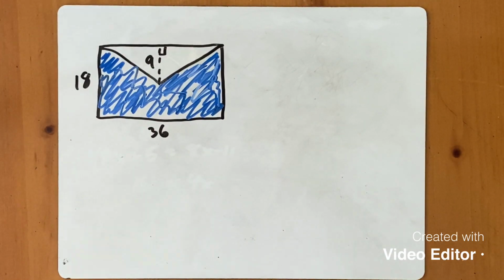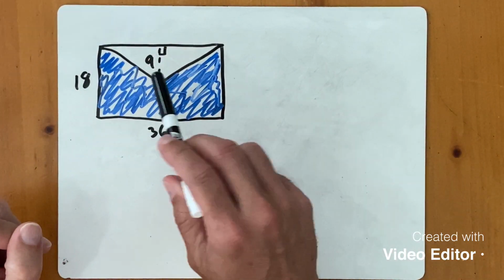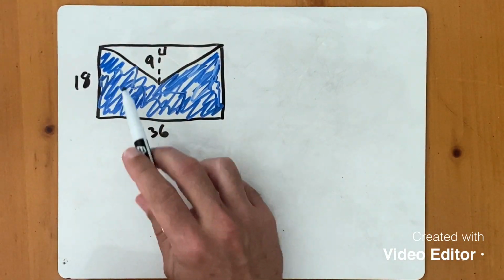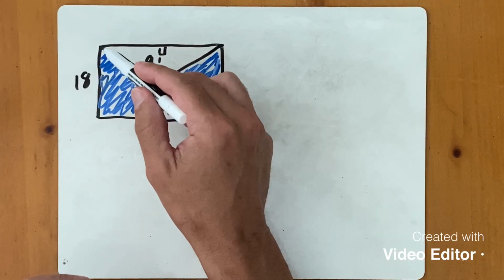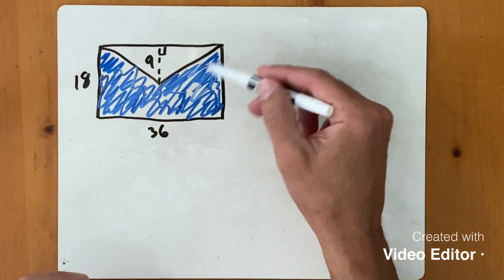All right, let's take a look at a couple examples where we have to subtract the area of one portion from the entire shape in order to find the area of the shaded region. So here we have an example of a shape that looks kind of like an envelope. We want to find the area of the blue shaded region here. So we don't want to include the area that the flap of the envelope takes up, just the main part